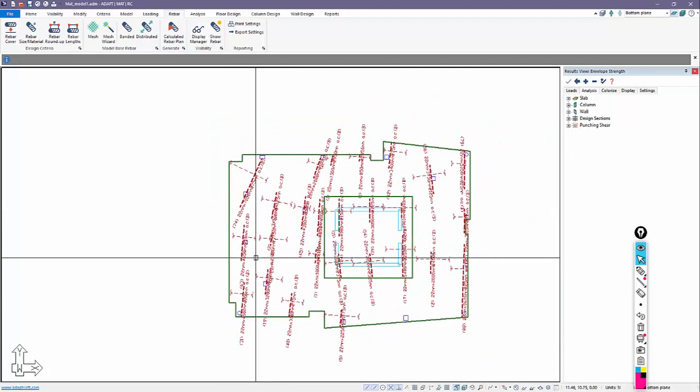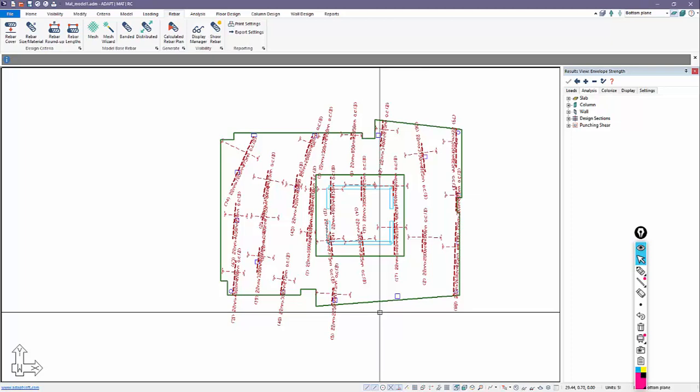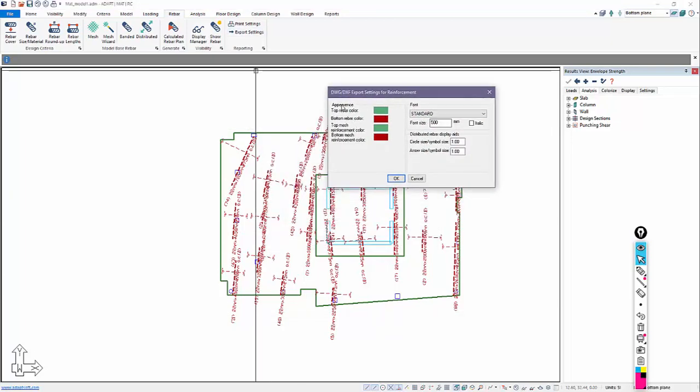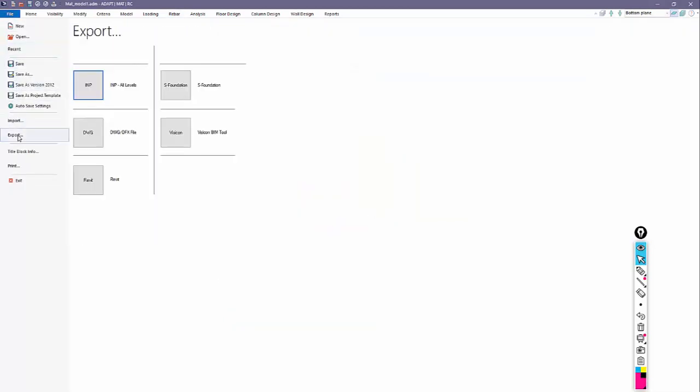So this gives me the ability to isolate the display of the bars, and I could actually export this rebar. Set up the appearance settings for exporting it as a DWG. Once I set this up, then I can go to File, Export. I could actually export this to DWG, or I could export it as an IMP file and import it into something like Revit if we had this foundation system in Revit and maybe it stemmed from Revit.